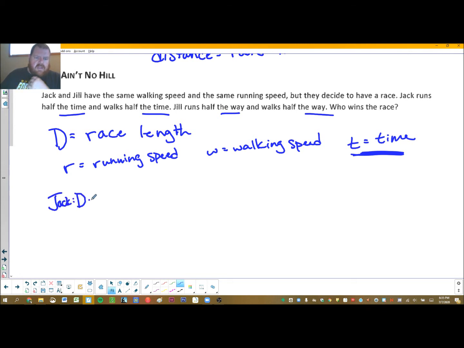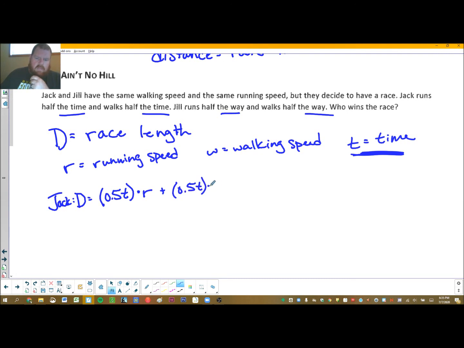His race is going to be split up into half the time, which we say 1/2 T, times the speed that he'll cover that time doing. He's going to spend half the time running and the other half the time